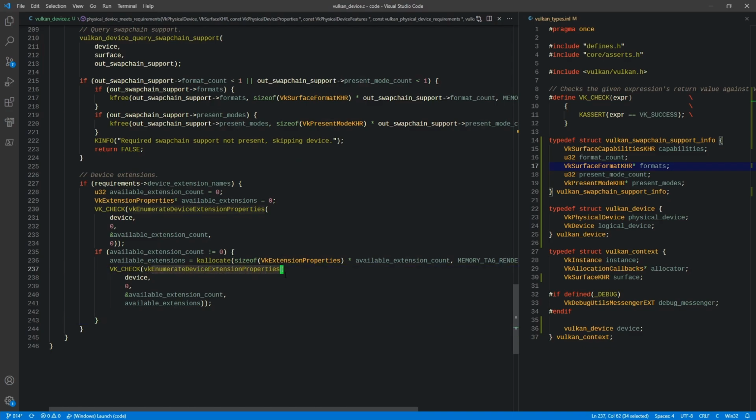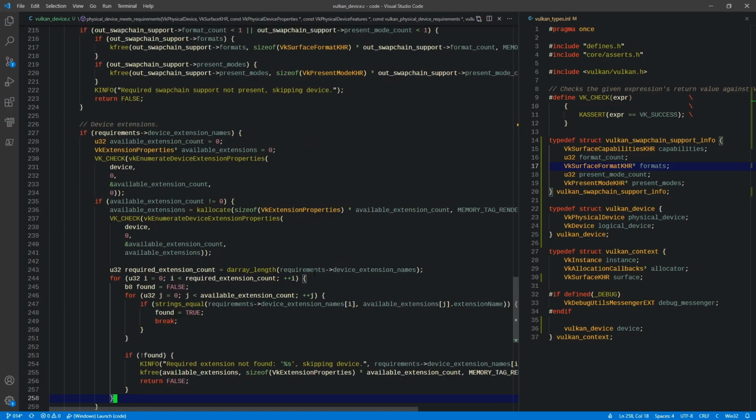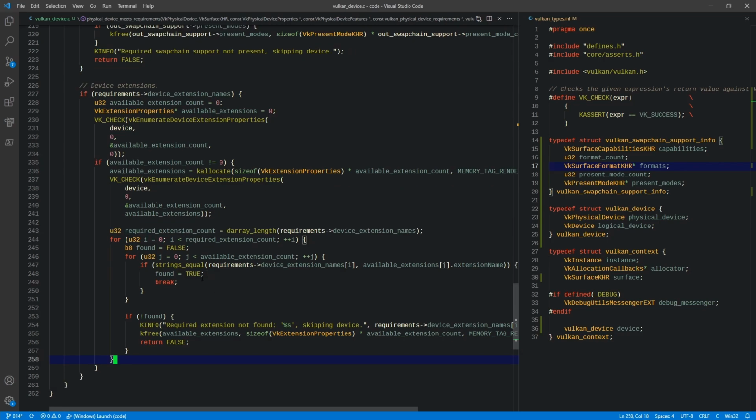Specifically the device extension properties, right? So we're going to fill out an array of these properties here, okay? Next, we are going to iterate the required extensions and check them against the available extensions. And similar to how we did the validation layers in the initialization, here we are going to basically perform the same thing, but for our VK extension